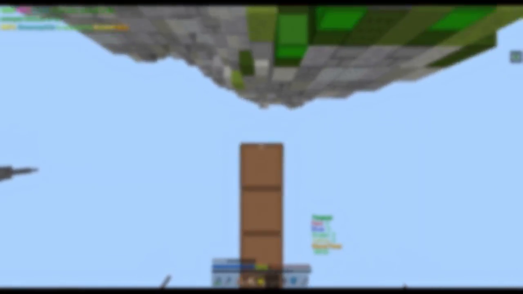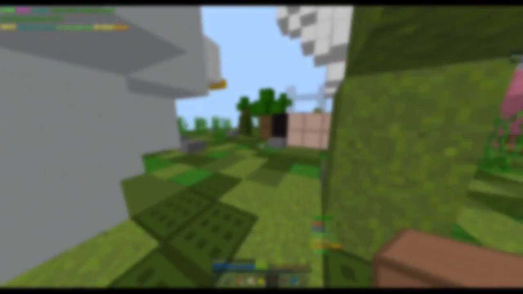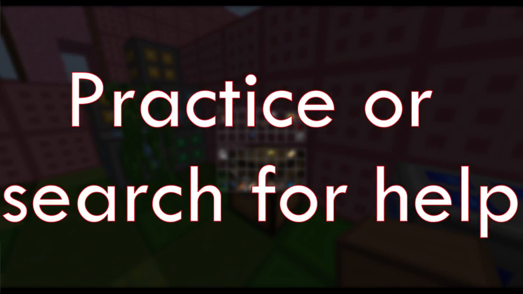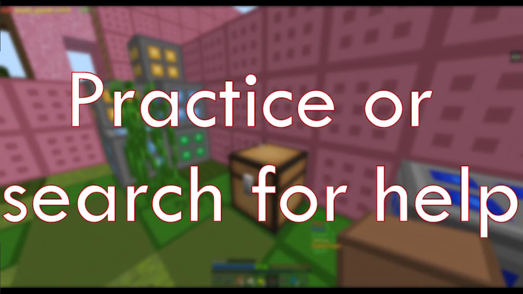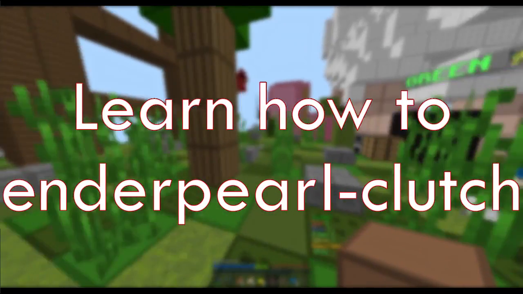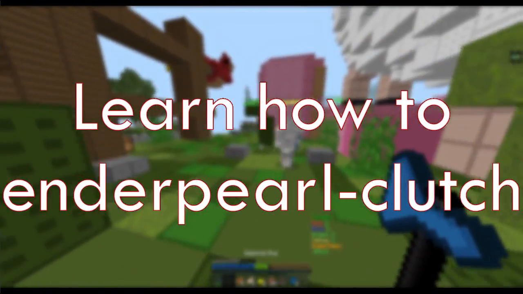The way I just described how to do a jump bridge is the fastest way to do it. It sounds hard, but all it takes is practice. If you do not understand, try finding tutorials on YouTube. They really help. With clutching, you want to have your enderpearl, which you can buy in the tool shop, in a useful slot